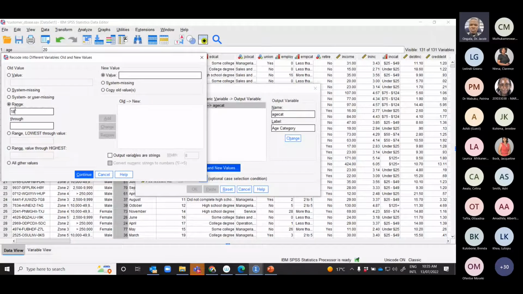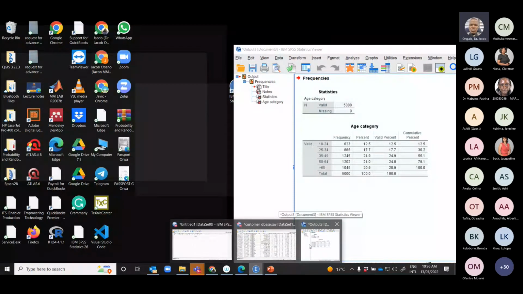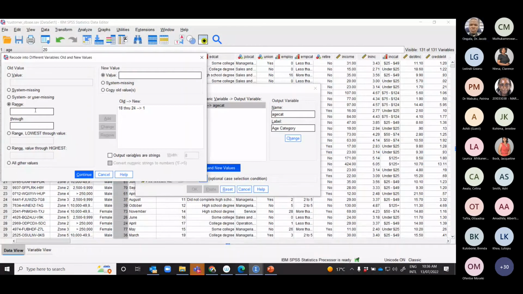The first range is 18 to 24. Then the new value there will be 1. If I add, so 18 to 24, I'm giving it value 1. Then 25 to 34, I give it value 2. In the old value, then I add. Then the next one should be